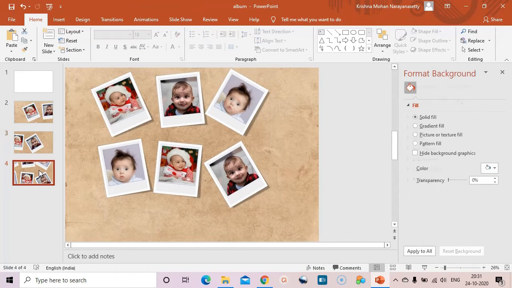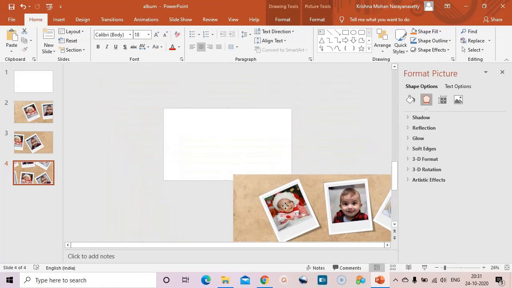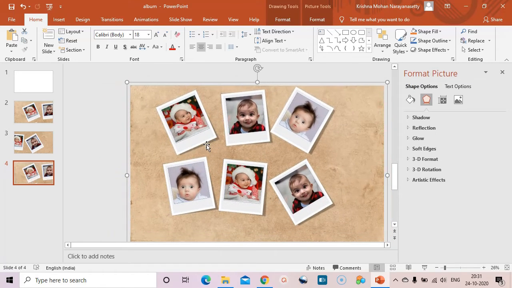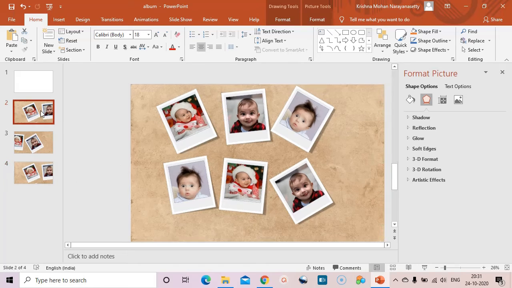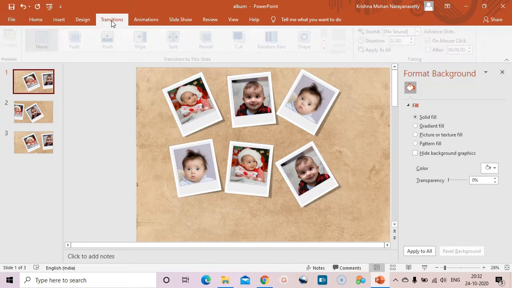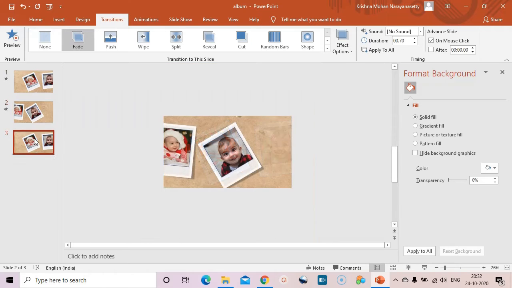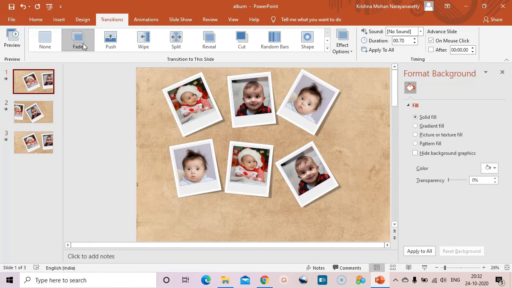And I'm going to the third slide. In the third slide, for example, let me focus this photo. So you can see this one in the center. Now I'm removing this blank slide and go to transitions and select fade, and this one also choose fade, this one also fade, but actually instead of fade you have to choose morph. But in the version which I have, Office 2016, the morph option is not available. Morph option is available only in Office 365.